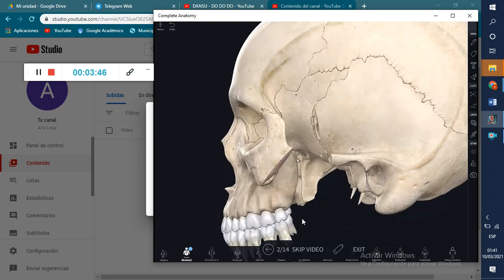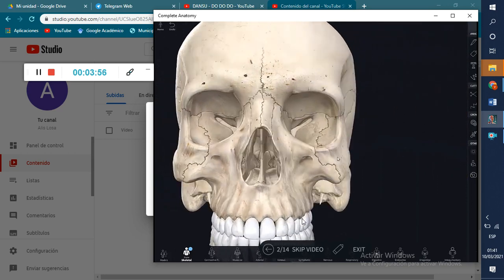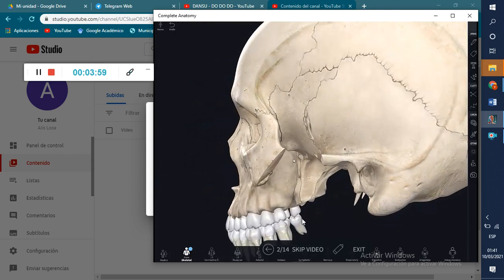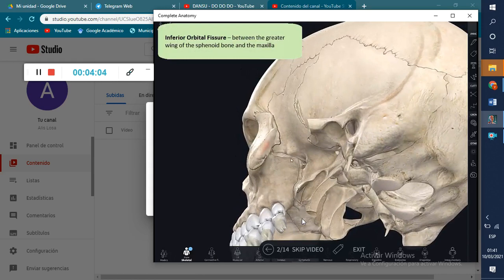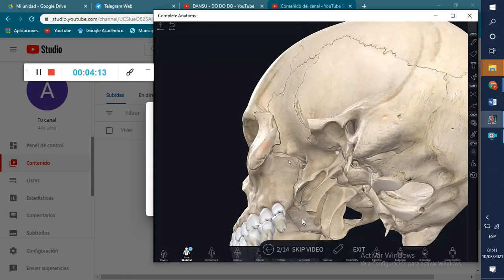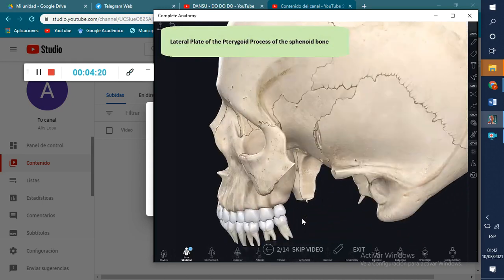There's also an opening here called the sphenopalatine foramen. That's an opening in the medial wall of the pterygopalatine fossa that will then enter the nasal cavity medially. So we can actually see from here there's a communication between the nasal cavity and the infratemporal fossa. We have the inferior orbital fissure. If I change the orientation a little bit, here's the inferior orbital fissure. That is between the greater wing of your sphenoid and the maxilla. The infratemporal surface of your maxilla is also an important boundary here. And the lateral plate of the pterygoid process, which is this one here, part of the sphenoid bone, is a